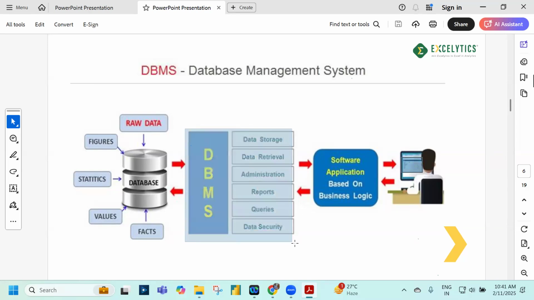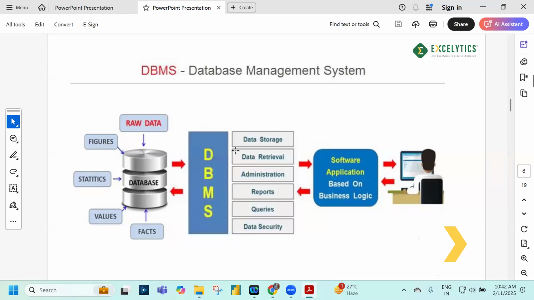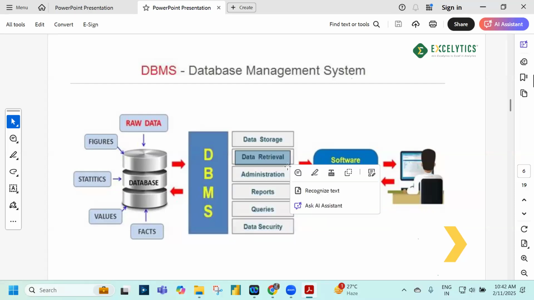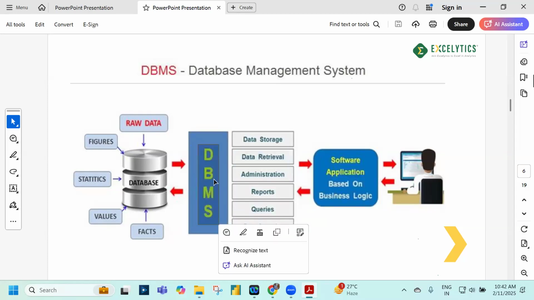That query hits the server, my DBMS, database management system. This is to manage the databases. It's my server. And what kind of a query do I trigger? I want to extract some data from the last 6 months, for East region and furniture category. So what kind of a query is it? It's a data retrieval query, one of the types of query. It can do so many different things. SQL, but I am using a data retrieval query. So this data retrieval query hits my database management system, the server,